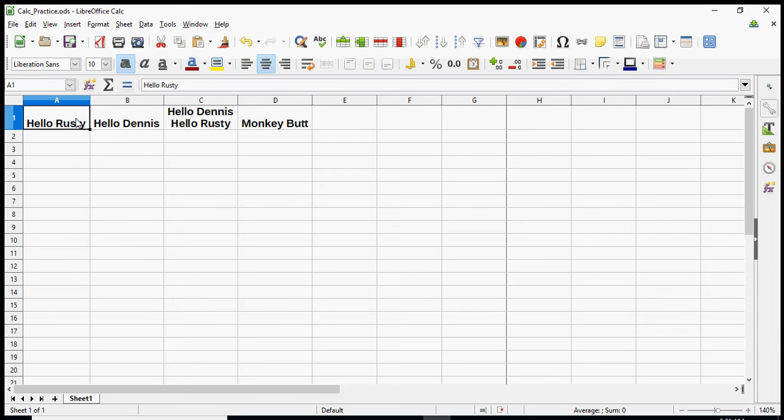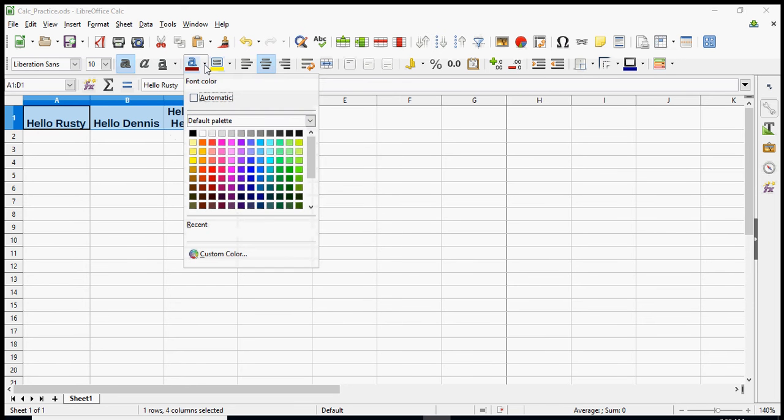Now, often we want to change the text color. It should be easier in LibreOffice Calc. Usually we want it to look good, so we're going to select it. No, we always want it to look good, but you can do that in different ways. This one changes the font color. We're going to use the drop down arrow when it lets us. There we go, drop down arrow, and we're going to choose red,